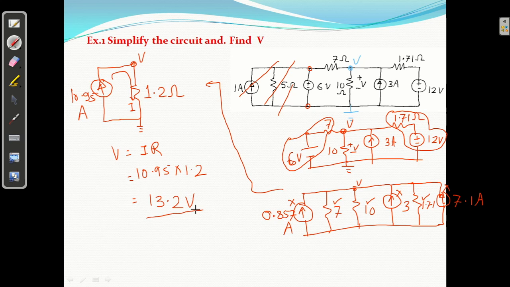Okay. So it is a very simple one. I am rubbing it. But please be careful about it here. This 6 volt के जो parallel में जो कुछ भी resistance है या current source है, you can remove because this is redundant. Okay. So I am rubbing it.